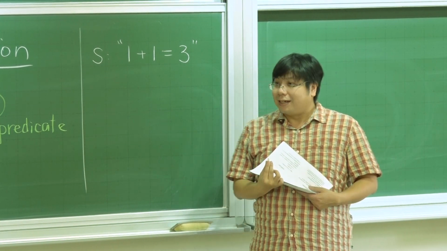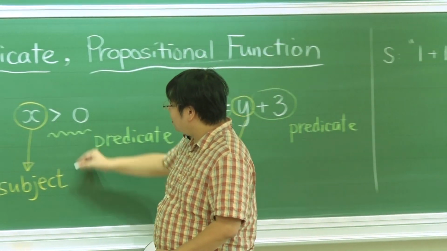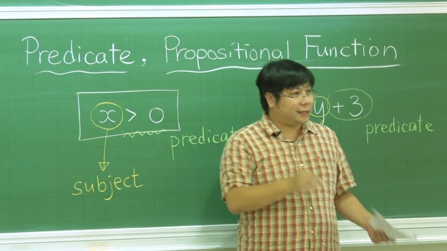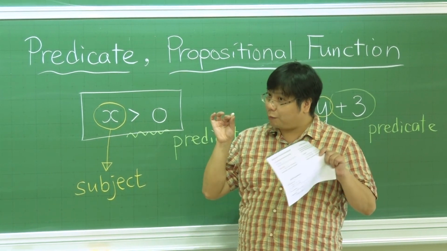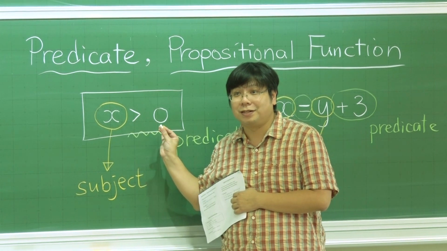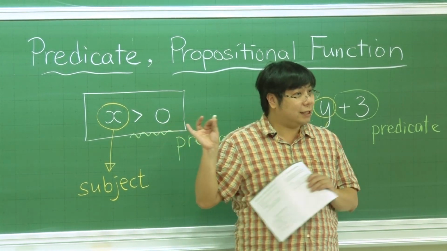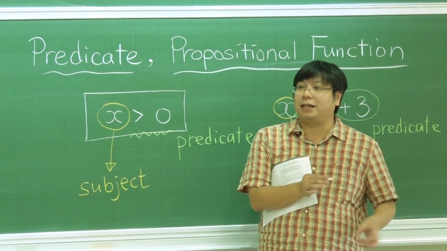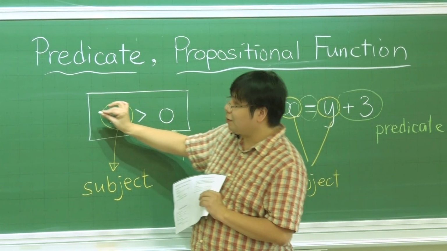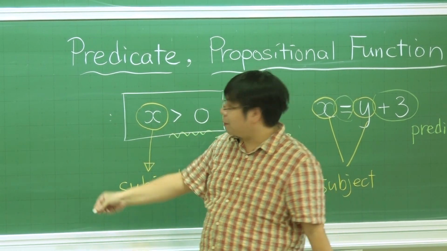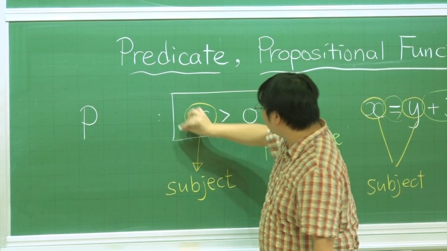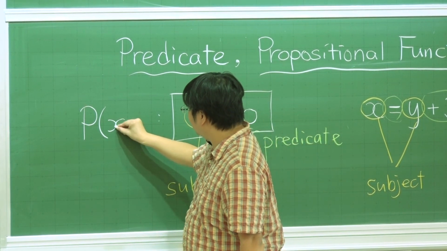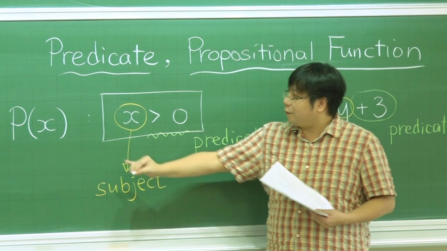Now, similarly for this one, whenever we fix the value of x, it will become a proposition. So it is like a proposition, only that the value of x is not fixed. But if we fix it, then it is a proposition. Somehow we can represent it by some variable. Let's call it p. Whenever I say p, I'm referring to this. But I should also specify that p is based on x. So if you tell me the value of x,